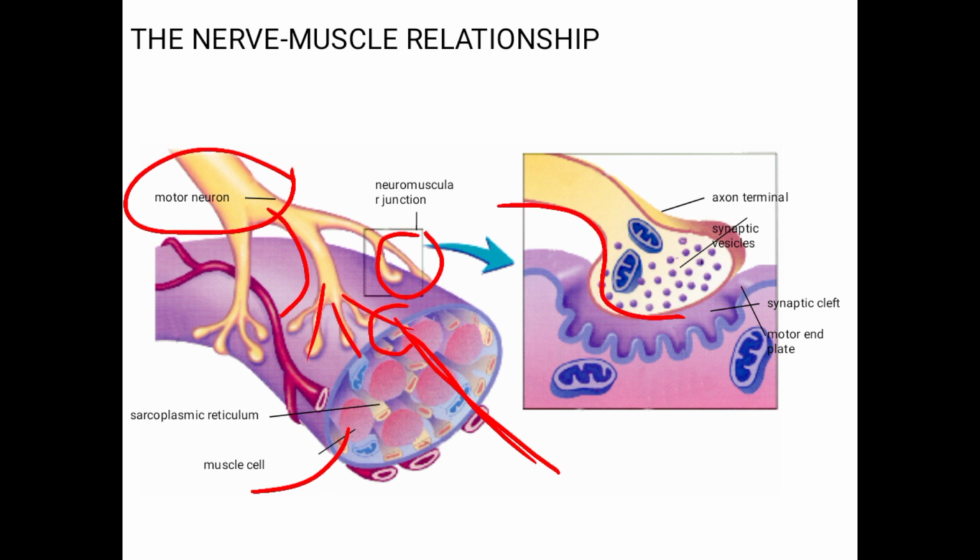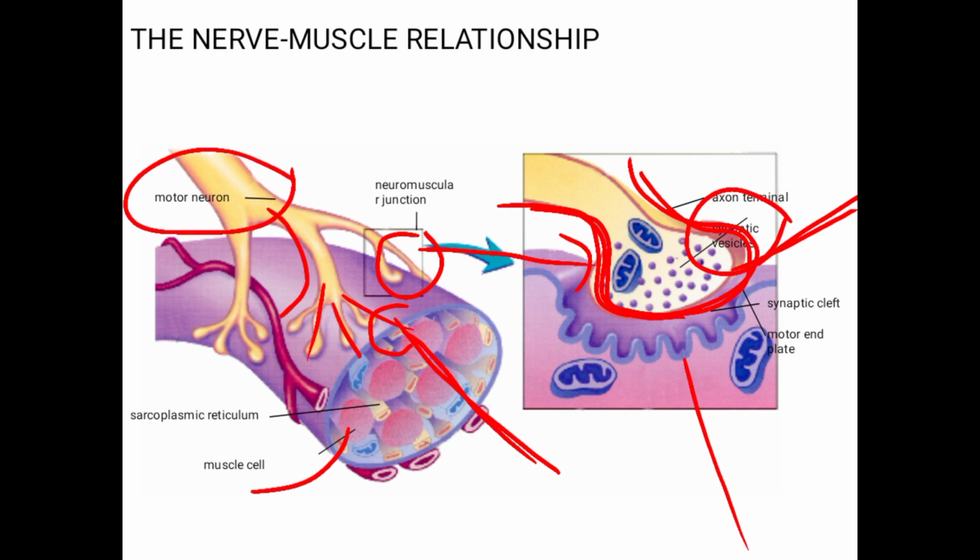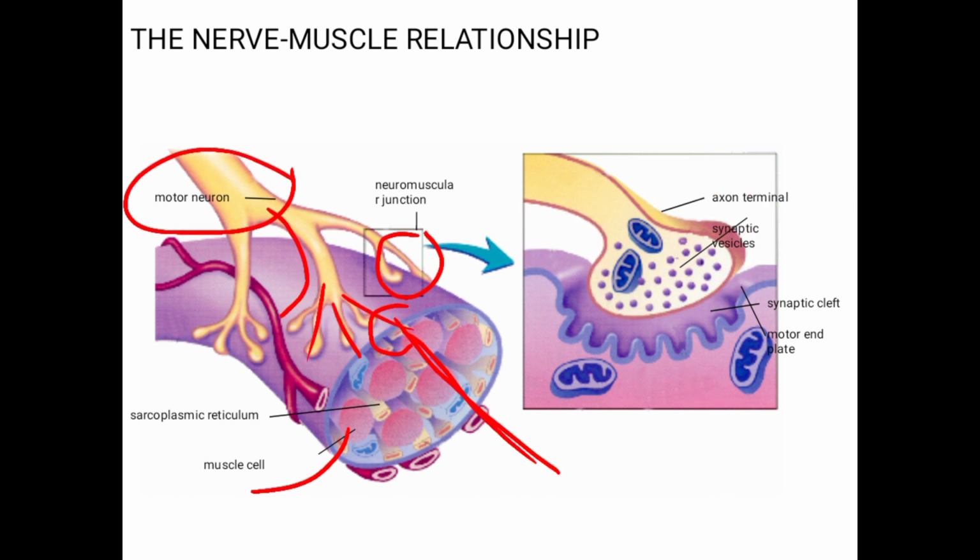You can see this diagram also. This is the axon terminal. This is one enlarged part. So this is the nerve part, nerve terminal. Then this is the muscle, postsynaptic membrane. This is the presynaptic membrane. So in the axon terminal, very important are synaptic vesicles. Understood? Synaptic vesicles are present.